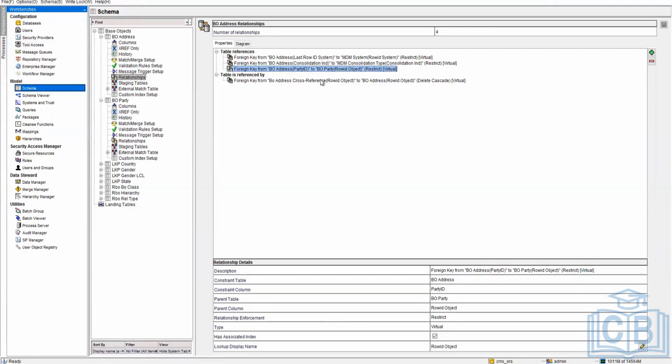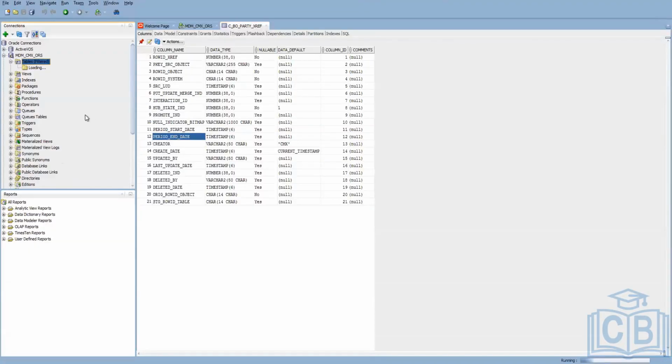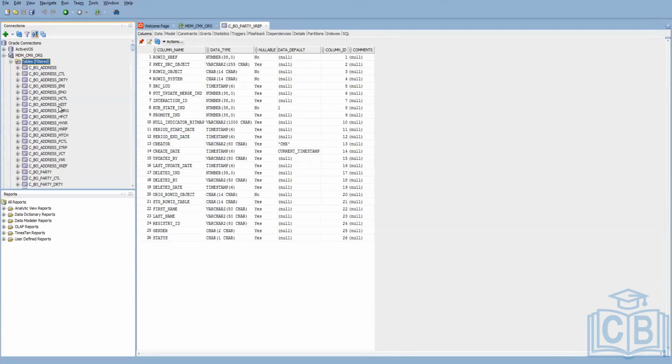One is party ID and the other attribute will be s_party ID. Always the s_party ID is a source party ID,